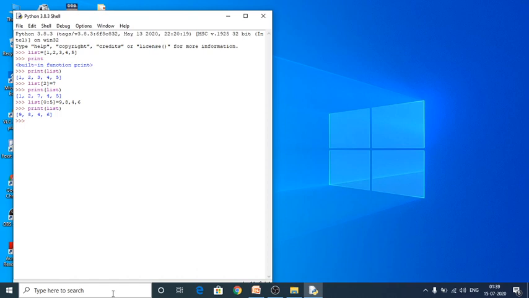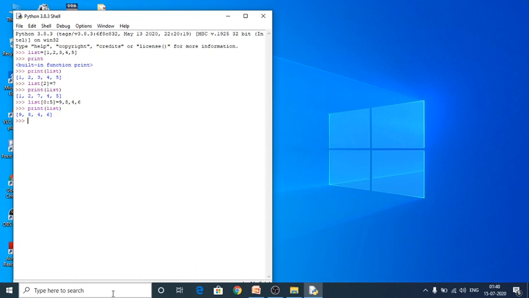Insert is used to add elements at a particular position itself. So in which position you want to add the elements into a list, for that you can use the insert function.